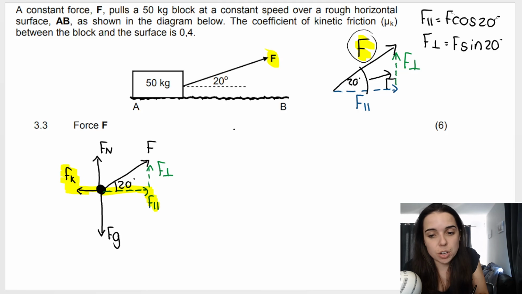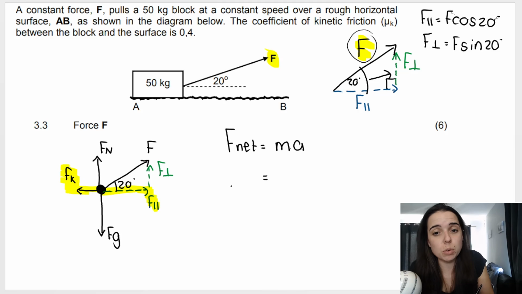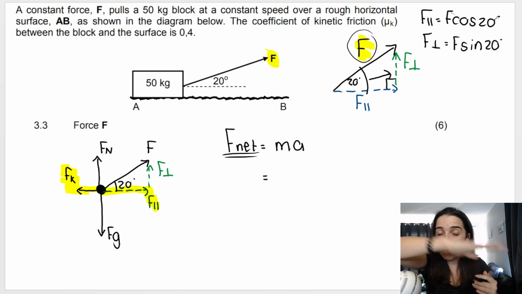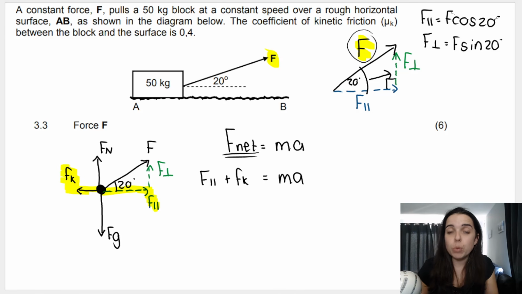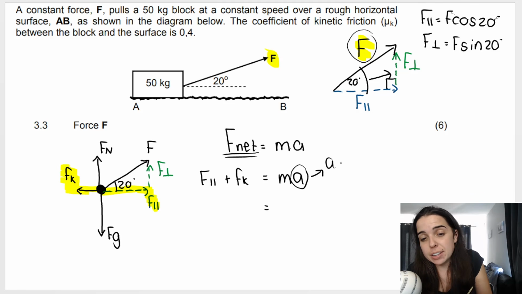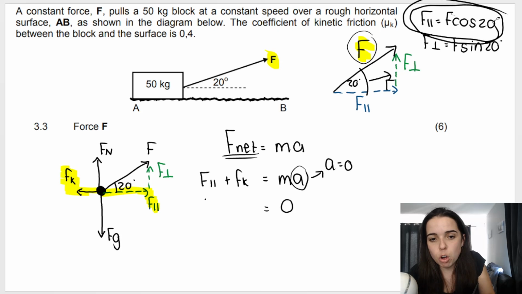If I add those together, I go F net equals MA. Always start off with F net equals MA. F net is the sum of all the forces. And because I'm working with the parallel forces, it's going to be the sum of all the parallel forces. So it's going to be F parallel plus FK, and that is equal to MA. But now remember, we're dealing with a Newton's first law question, which means acceleration is 0. And if acceleration is 0, it means that F net is equal to 0. So this is a 0. And we've got F parallel. Remember, F parallel we said we can write as F cos 20